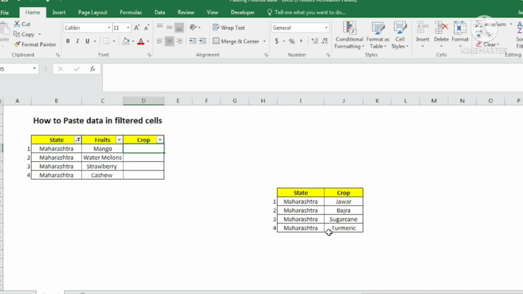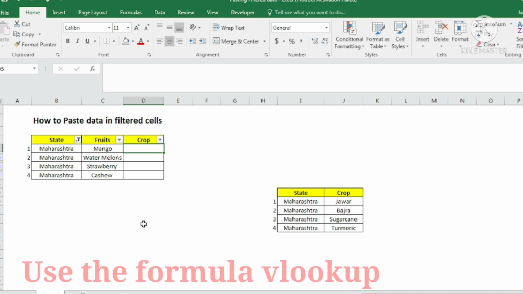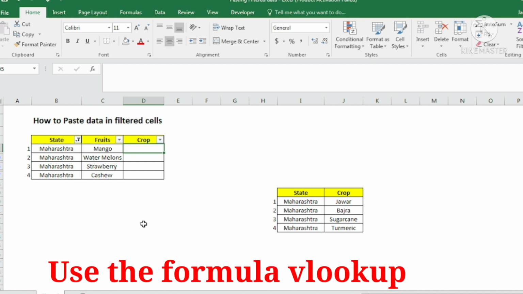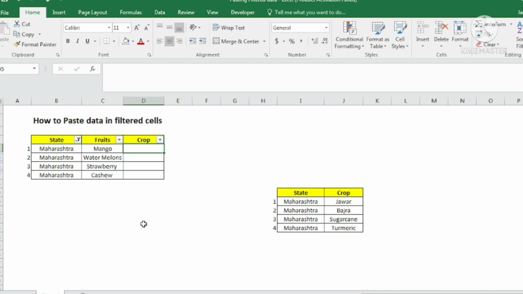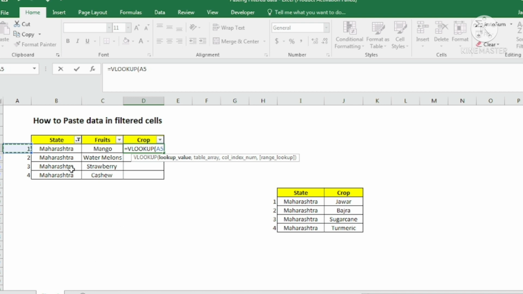But I will not copy and paste it in the cells under crop. I will use the VLOOKUP formula. I have created a separate video on how to create the VLOOKUP formula. So I will use the VLOOKUP formula here, equal to VLOOKUP, Tab. Lookup value is this number now. So it will search this number in this database. So lookup value becomes my number which I added.